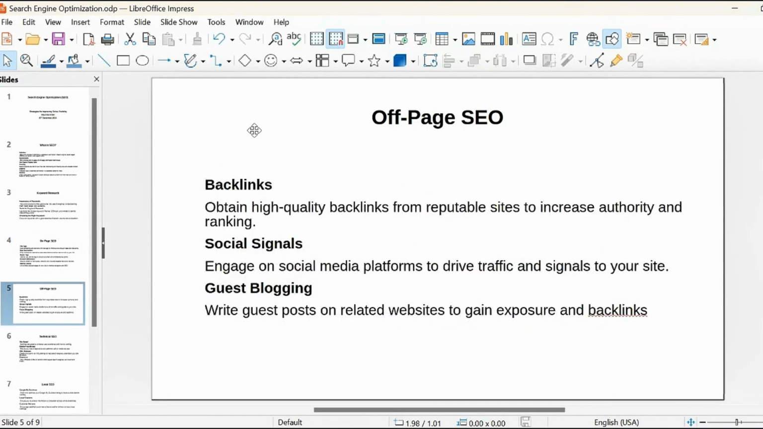Off-page SEO, that is off-page. The second component: there is on-page search engine optimization and off-page search engine optimization. So we've looked at on-page search engine optimization, and we're now looking at off-page. So the first aspect to that is backlinks. Okay, obtain high-quality backlinks from reputable sites to increase